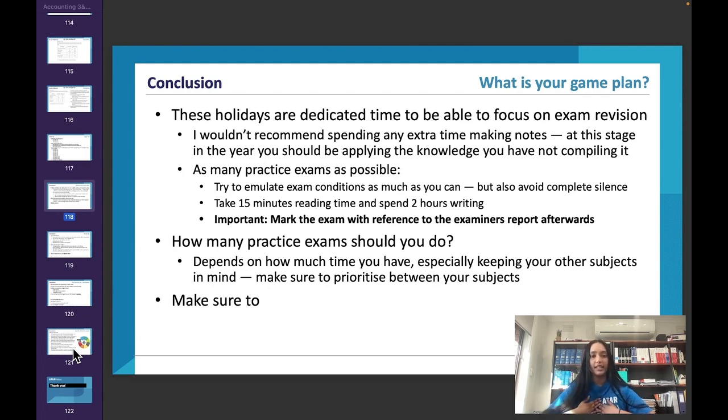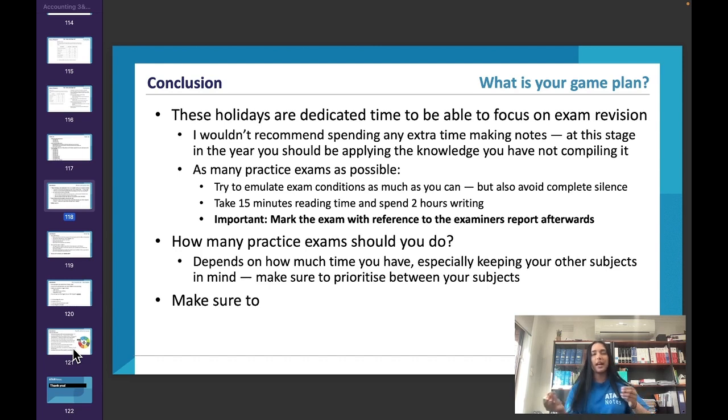So for me, when I did the accounting exam, I am better at doing theory questions than I am at doing practical questions. I'm way better at answering a discuss question than I am at preparing an income statement, for example. And that's just me, I'm more likely to make a mistake doing a practical question than I was to do the theory responses, because theory responses were much easier for me. So when I did the final exam, I did all of the theory questions first, and then I did the practical questions. If it's the opposite for you, if you're way better at practical questions than theory questions, do the practical questions first.